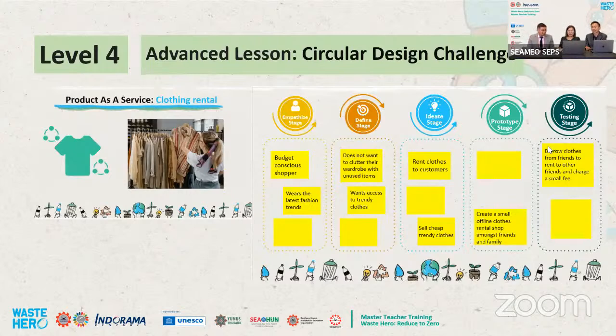Of course. And the last level, level 4, is the advanced lesson, the circular design challenge. For this one, they are going to be given roles that they choose. They choose what kind of business they want to own, and how they would reduce waste in a circular system like this.